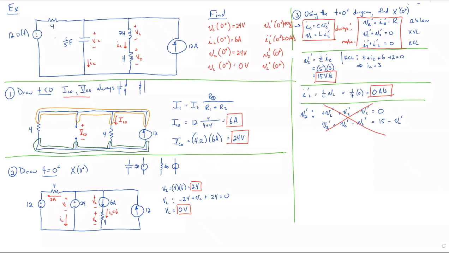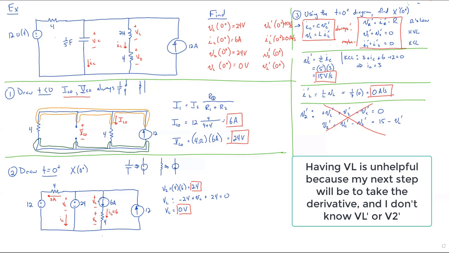So looking back on this, what do I see? I see all these voltages, but that's not going to help us. I want to find V sub 2 prime. I guess I could sum up all the voltages through this loop. That would give me plus VL plus V2 plus whatever this voltage is, but I don't know what that is. So that's not a good way. Maybe I could do it through this loop. That would give me minus V2 minus VL. Once again, I'm stuck with this VL, and that's not going to help me. How about using